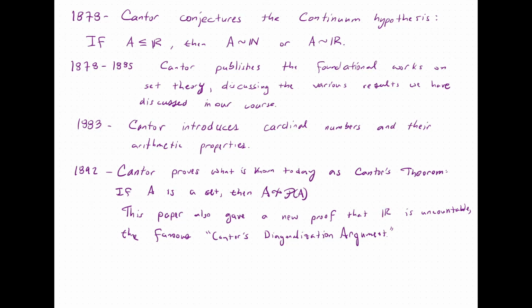So keep in mind that Cantor had already proven that the real numbers are uncountable in 1874, 18 years prior. But his new proof is much simpler, and today we call it Cantor's diagonalization argument, which we will do immediately after proving Cantor's theorem on Monday. Now, Cantor's theorem is profound in the following way. As a consequence of this theorem, we get that there are infinitely many different cardinal numbers, because we get that the natural numbers are not equinumerous to the power set of the natural numbers.